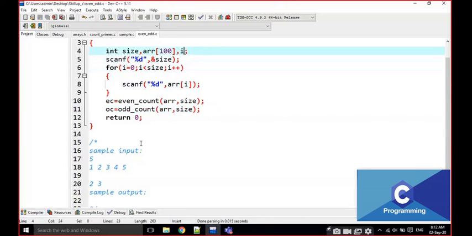We have to declare those two variables also, EC comma OC. I am going to print these two values.